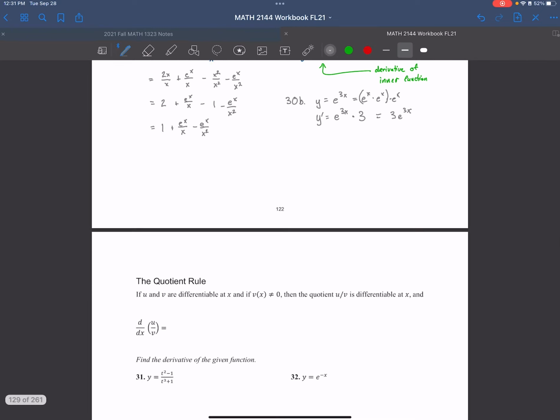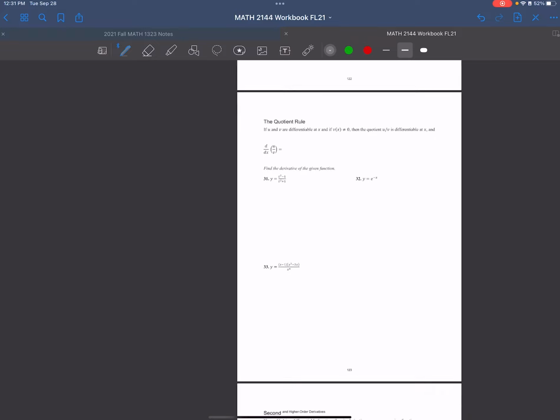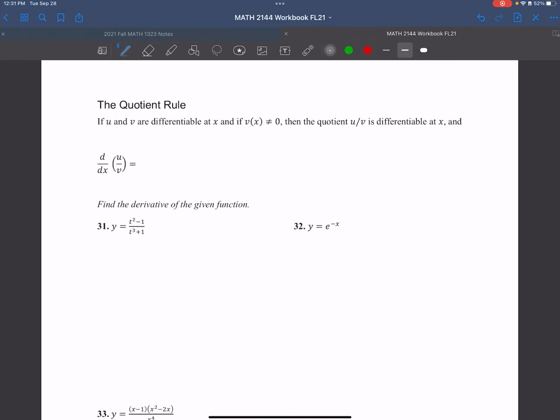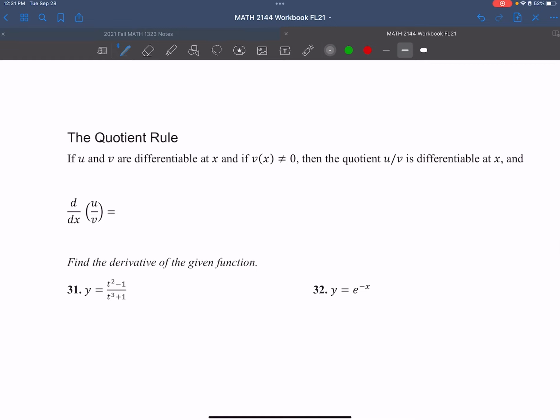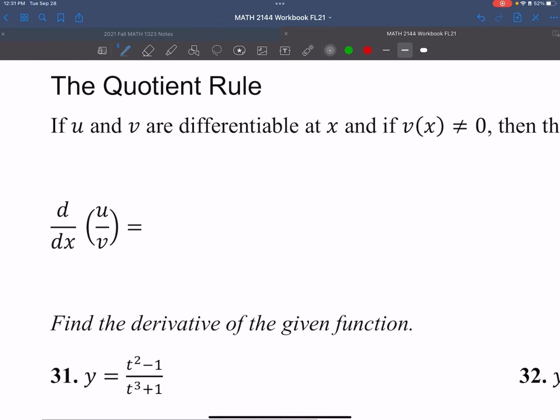And let's talk about the quotient rule. The quotient rule is going to have some similar ideas. Just as you can't take the derivative of a product one piece at a time, you can't take the derivative of the numerator and the denominator separately and divide them. The quotient rule is as follows. Just to make it clear, this down here is a v and the numerator is a u. The v squared is going to be in the denominator of the derivative, and then you'll have u